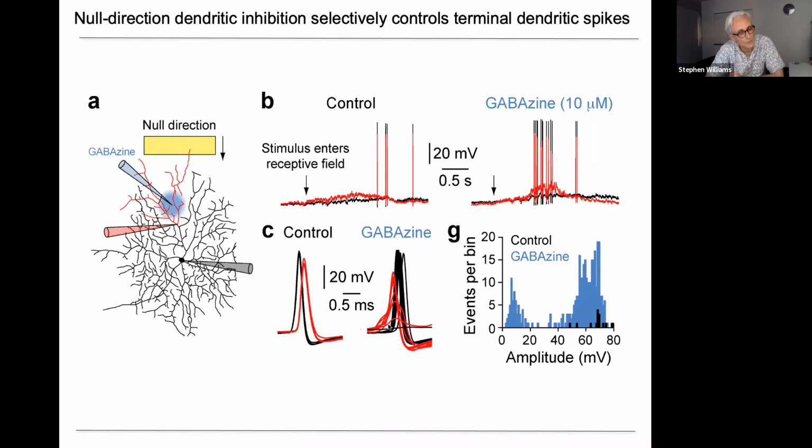And we found it composed of both terminal dendritic spikes and terminal dendritic spikes that preceded full-blown dendritic spikes, which in turn preceded action potential firing. If we looked at the amplitude distribution of dendritic spikes, we could see both small amplitude terminal dendritic spikes and large amplitude dendritic spikes. So this left us with the idea